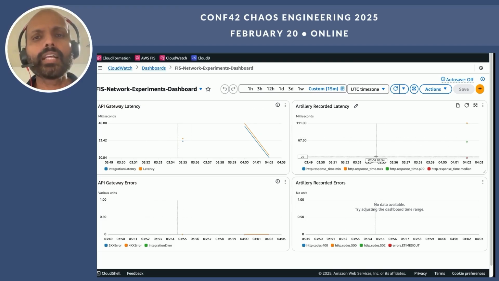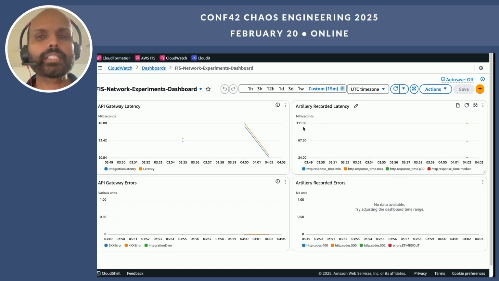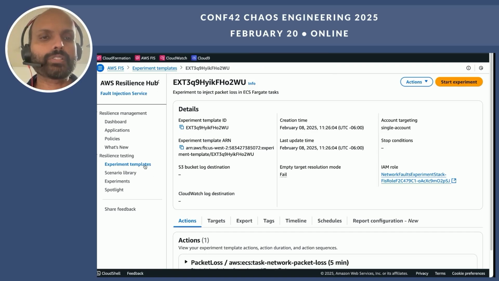It's still catching up with the observability metrics for our application. So we'll keep an eye on this, let it catch up with the load generation script, while we take a look at the AWS FIS console.